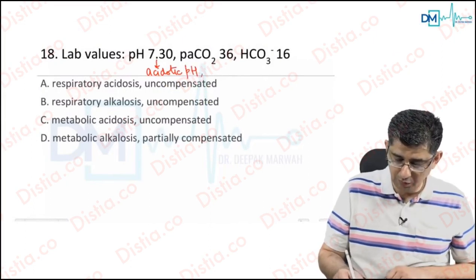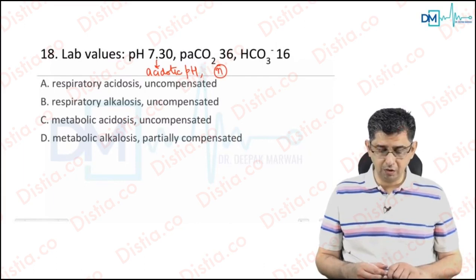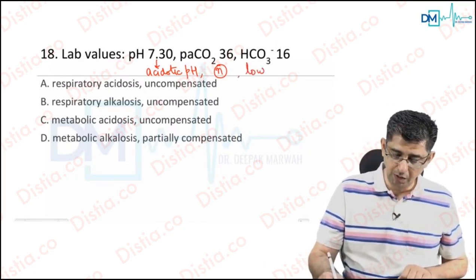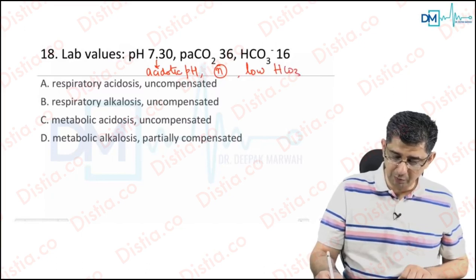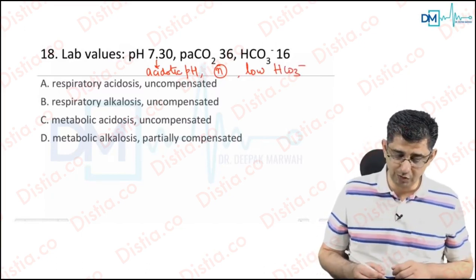The PCO2 of the patient is normal. That means compensatory processes are not starting in the patient. Why I'm saying that is because bicarbonate is low in the patient. We have done this practice multiple times now, that in acidotic pH with a low bicarbonate, it is metabolic acidosis,